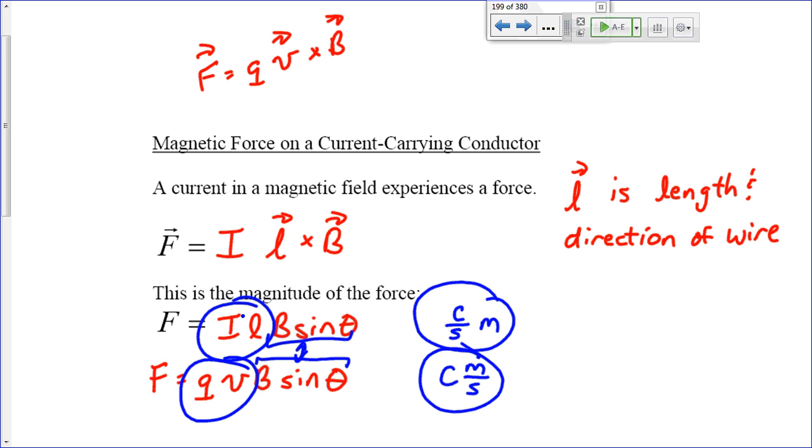This is going to be the idea behind electric motors and electric generators because I have these forces and I have these currents flowing, and so in a variety of ways we'll be able to get these to produce either an electric motor or an electric generator. We'll return back to the force on a free particle because that's going to be important for a particular device that many of you will use, the mass spectrometer. We'll see.